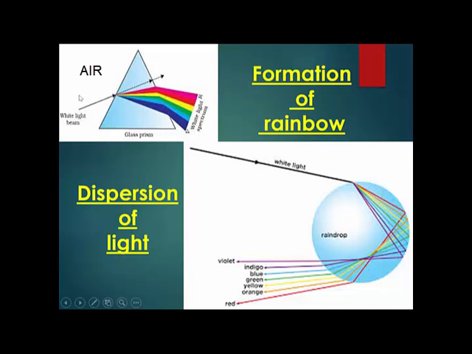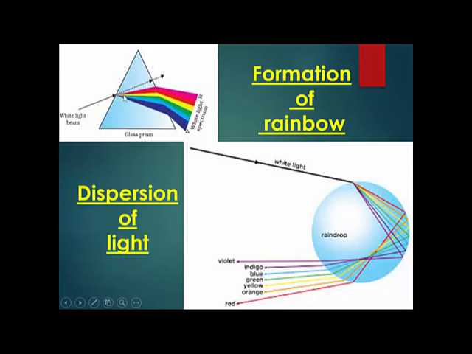Why does it bend? I'll tell you. This is air, normal air. When you place this glass prism like this here, now is the glass prism more dense or is air more dense? Glass. Very good. So light will start bending. Light will always try to reach the other end, it will always try to come out of the prism, but it cannot travel straight. Originally the light is coming like this, but suddenly it bends. So red bends only this much and comes out like this.